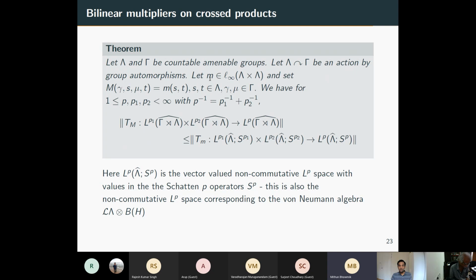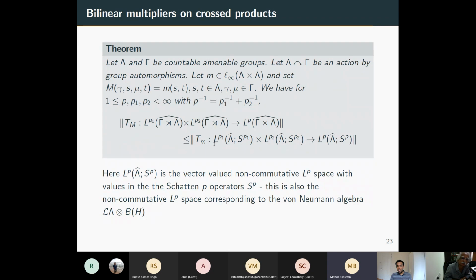So if you have a function just on two copies of your initial group, and you look at this function capital M, which ignores whatever happens to gamma and is only concerned with what happens to the group lambda, then the multiplier corresponding to this symbol on the level of the cross product is going to define a bounded Fourier multiplier,